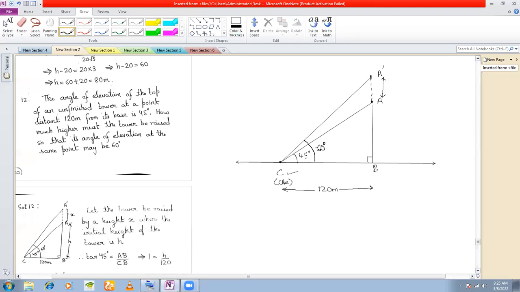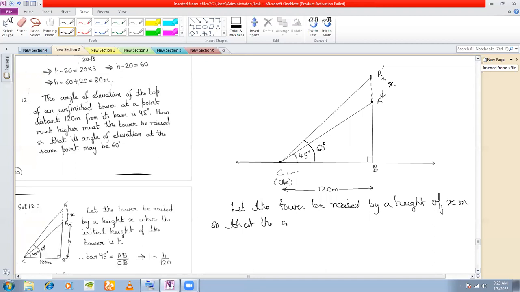So this is your question. If I start by saying, let the tower be raised by a height of X meters